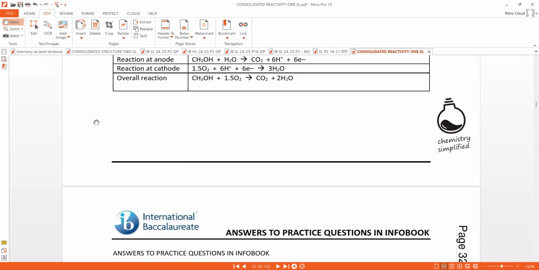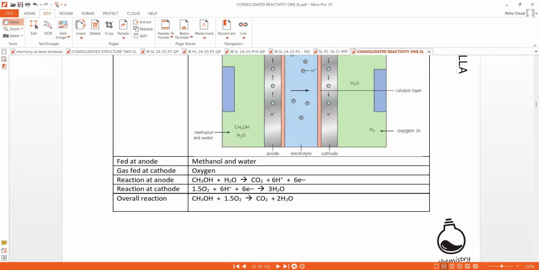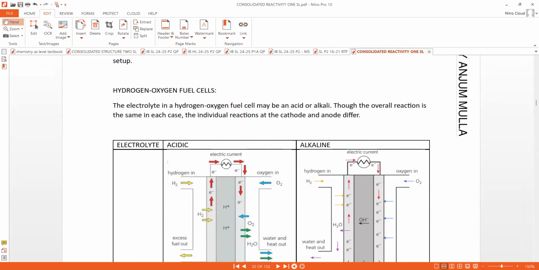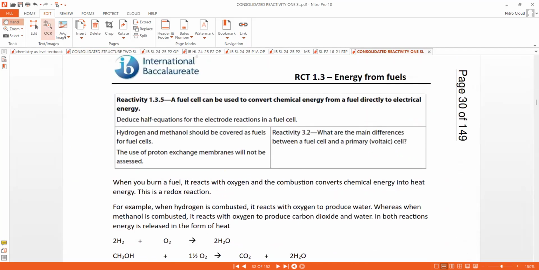The understanding of balancing equations will also help you in one more thing, which is in the reactivity topic, where you need to know the reactions at individual electrodes in the fuel cell. So you can see that here it's mentioned that for the fuel cell, you are expected to deduce the half equations for the electrode reactions, that is, the reaction at the anode and the reaction at the cathode. And they clearly mention that hydrogen and methanol should be covered as the fuel cell, and the proton membrane. So half equations